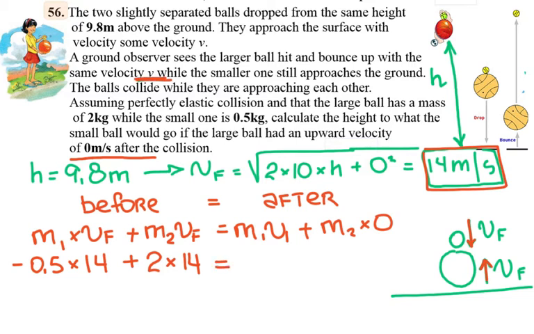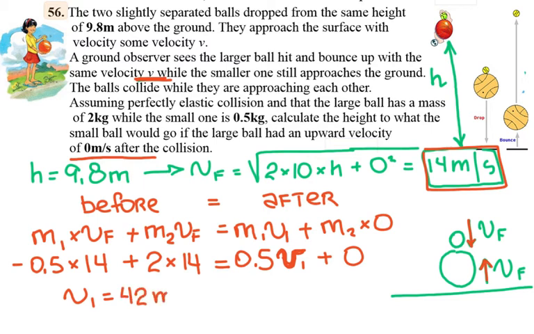That equals the mass of the first one, 0.5, times the velocity I'm looking for, the velocity at which the little ball leaves after the collision, plus the 0. If I do my calculations, I get that v1, the velocity of the small ball after the collision, is equal to